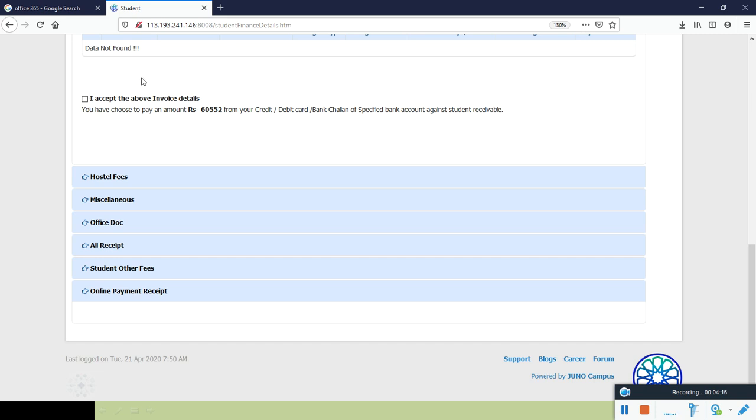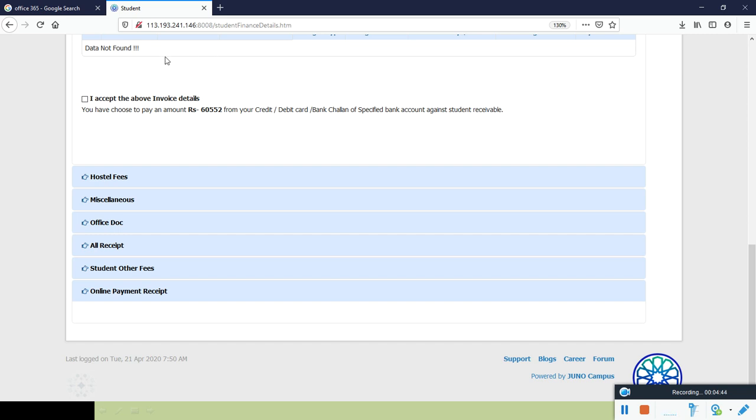If you want the fees installment, follow the instructions provided by your class teacher or your head of the department to make your academic fees installment, if it is applicable or allowed by the authorities.